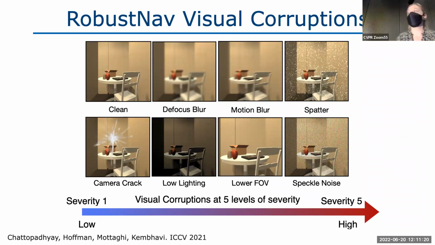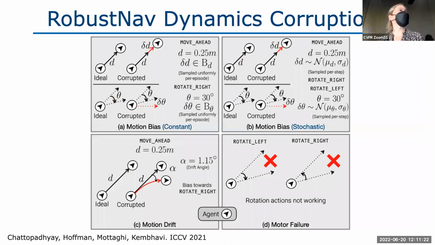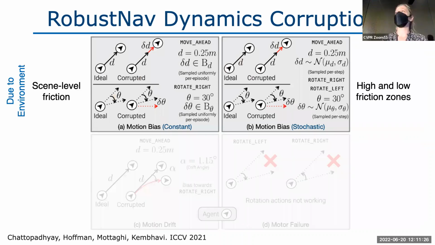For dynamics corruptions, there were really just two different types. One that emulated things that would result from an environmental shift, like a change in friction of the floor, or things that would be a result of the agent itself having a malfunction. So once we do that,